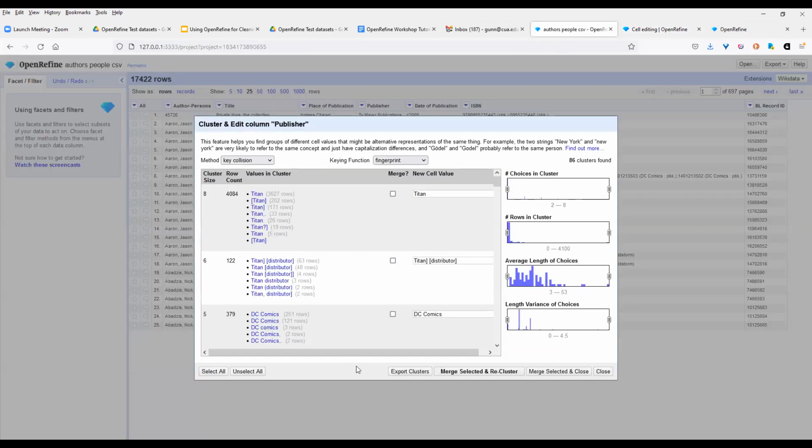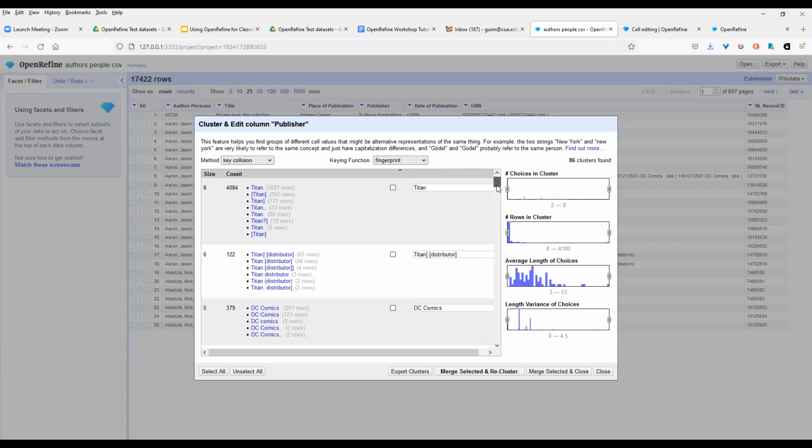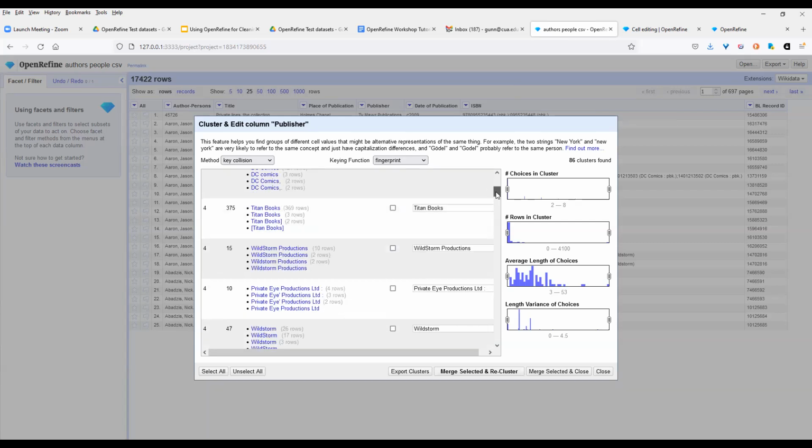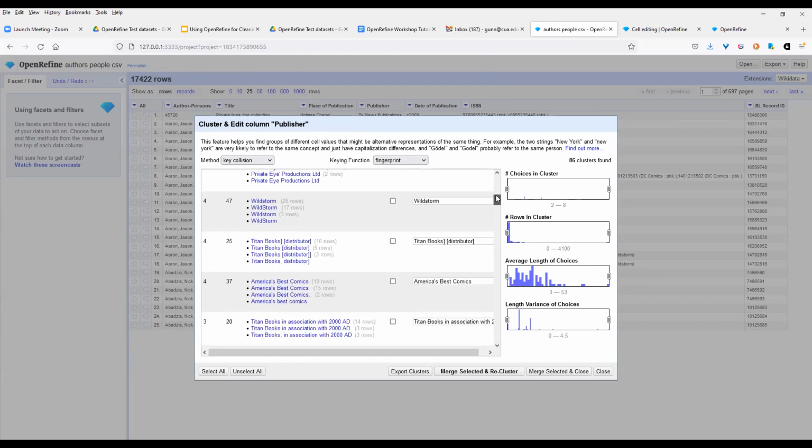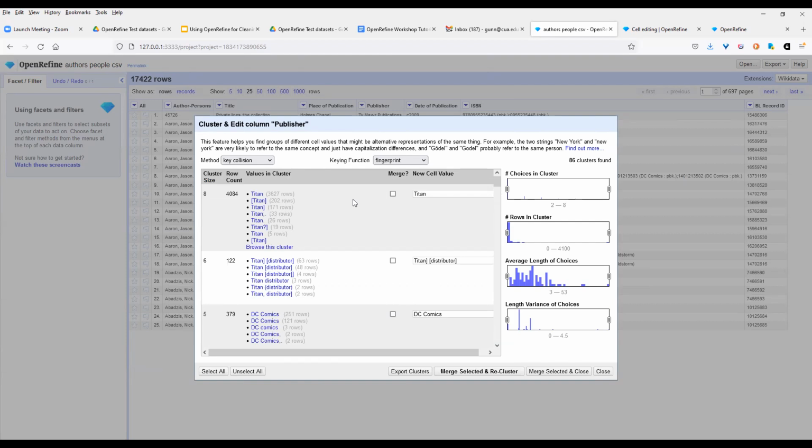So what you can begin doing here is you can start looking at these and you can say, wow, that looks like the new cell value. I think this is going to be Titan. And I think this is going to be Titan distributor. And this is going to be DC Comics, Titan and that. So it goes through the whole site, right? The whole database and starts doing that. But what you can do